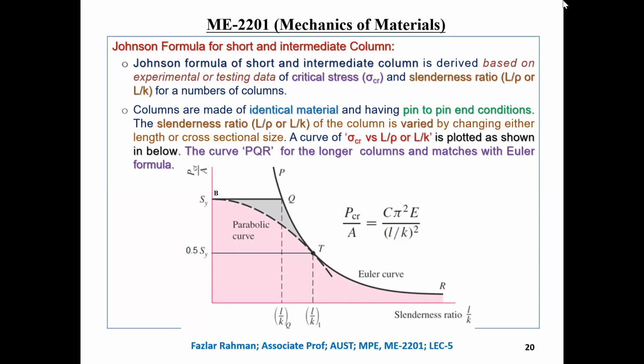Sometimes a very short column, even only 1 foot in length, behaves like a long column. For example, if you have a steel scale, a 12-inch scale, you just press it, it will deflect, right? So even if it is a short column, its behavior is like a long column. Similarly, if you have a very long column with a strong cross section, it cannot buckle, which means it behaves like a short column. So to figure out the behavior of short and long columns,